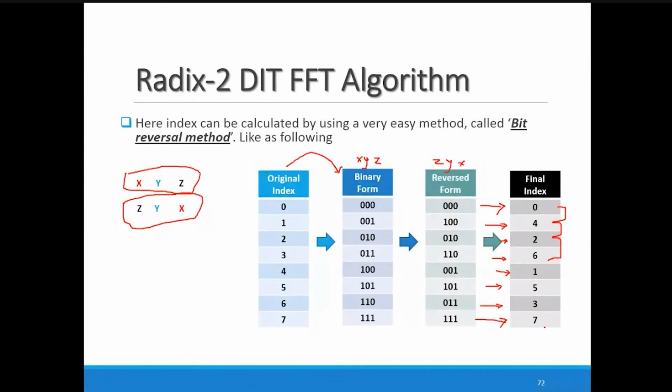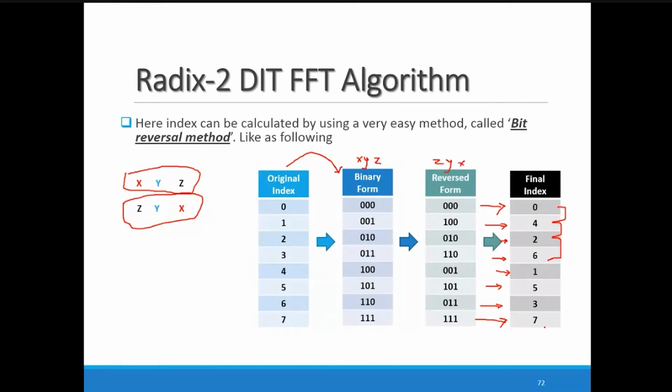Okay, Jinendra Jain asks: Sir, is the bit reversal method also applicable for 16, 32, 2 raised to n point DFT, or only for 8? It is applicable to all. We have to apply this method for all. At present, we are discussing the 8 point DFT. That's why I have taken the 3 bits.